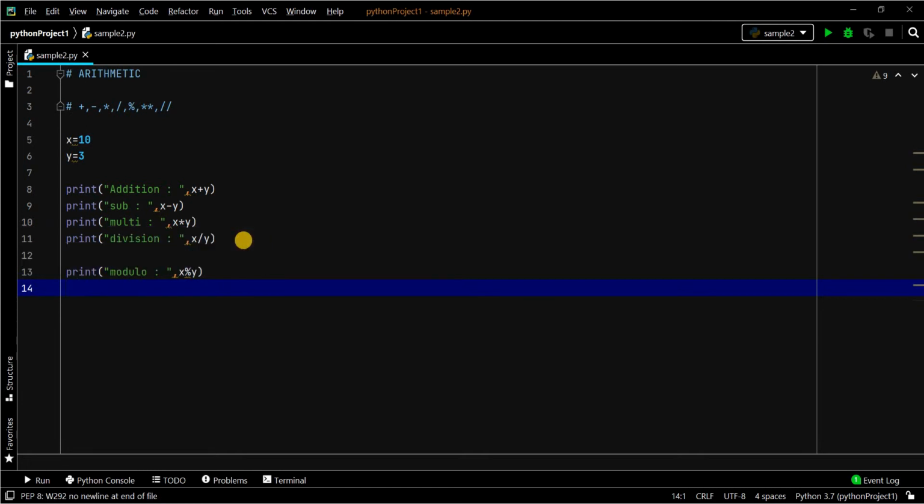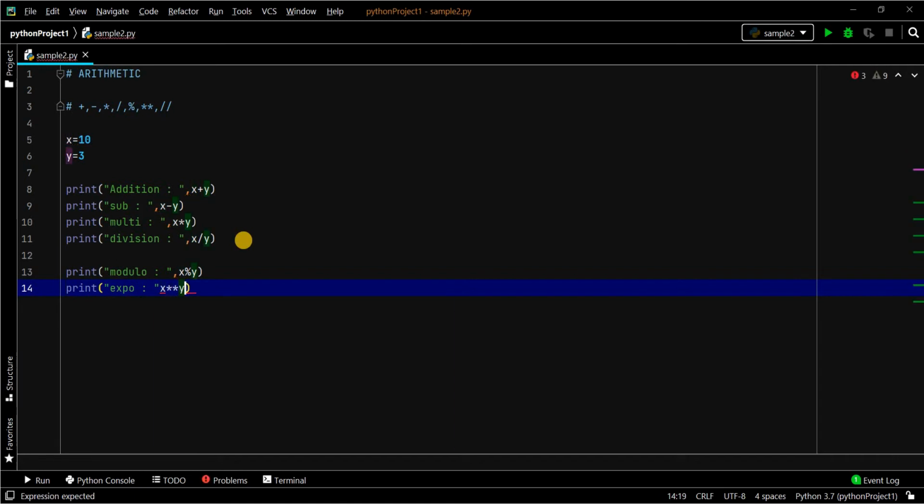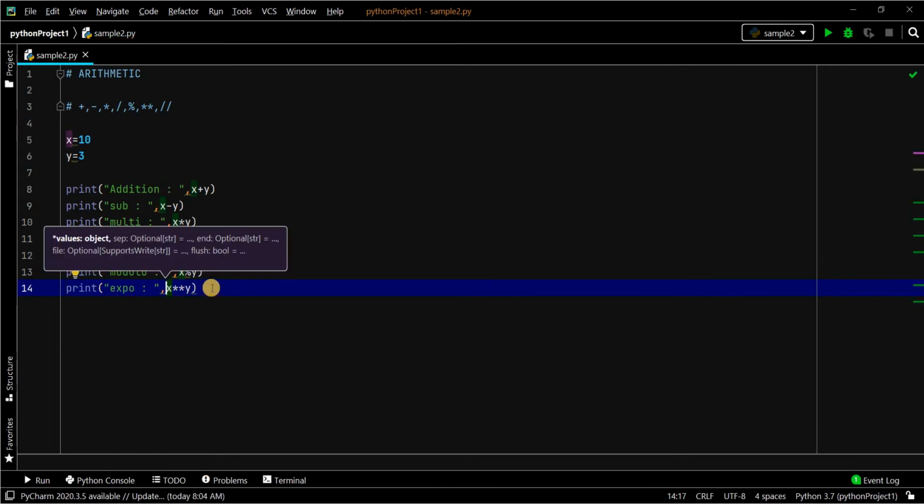Next one is exponentiation. X exponential y, which is nothing but power. X to the power y, 10 to the power 3.